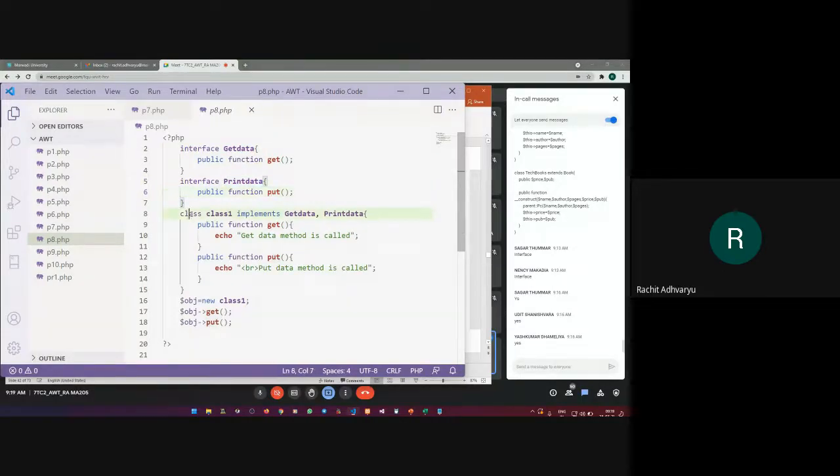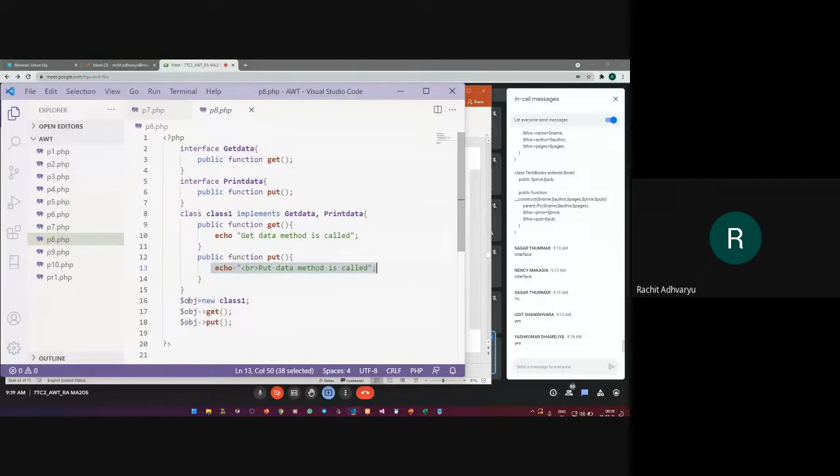Now this class 1 is a child class that implements both these interfaces, get data as well as print data. Then it is compulsory to use the functions of the interfaces. So the get function has been declared, and I use a get data message. Then the put method has been used, and I have printed some dummy data.